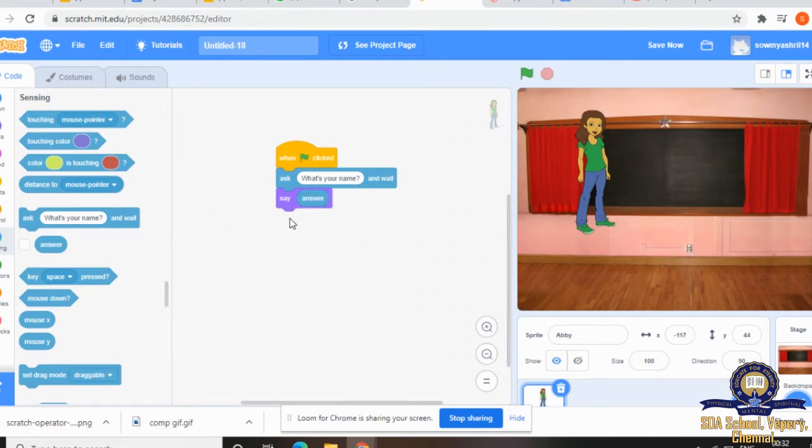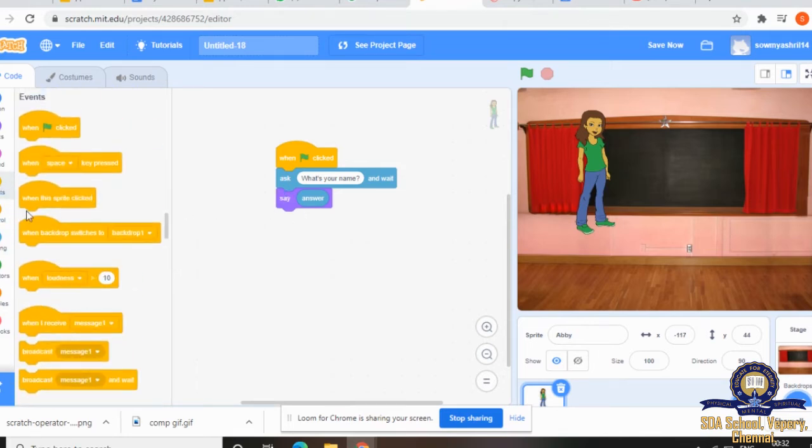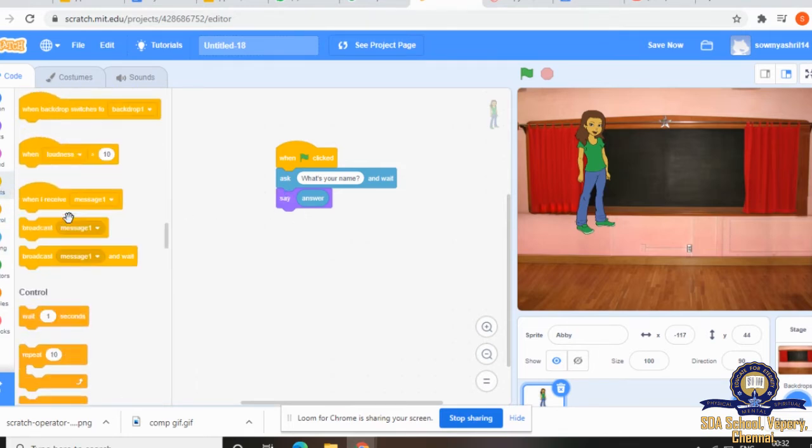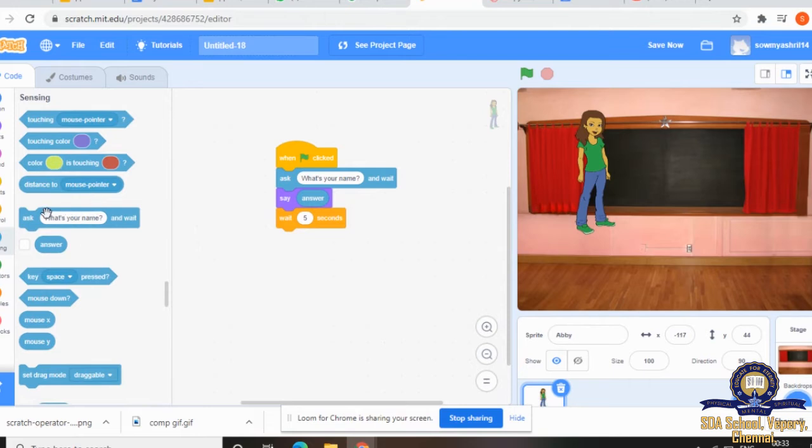Now again she is going to ask. Before that we have to wait for 2 or 3 seconds, let's say 5 seconds. Then again she is going to ask a question. What is your age?